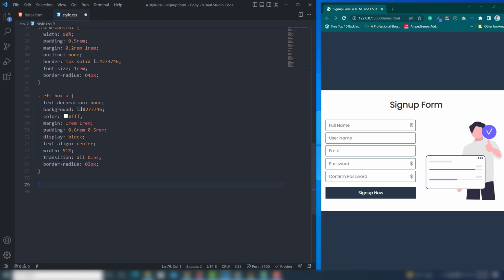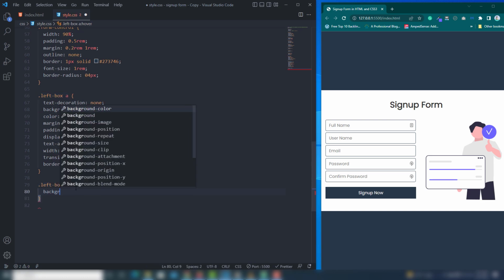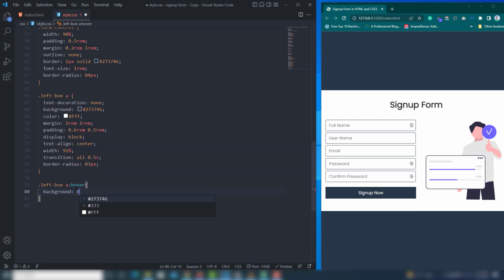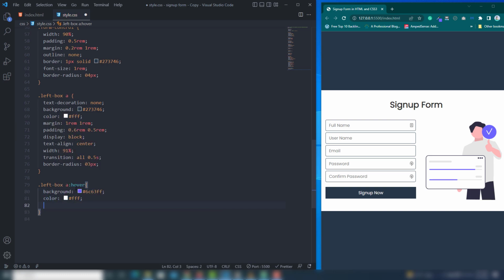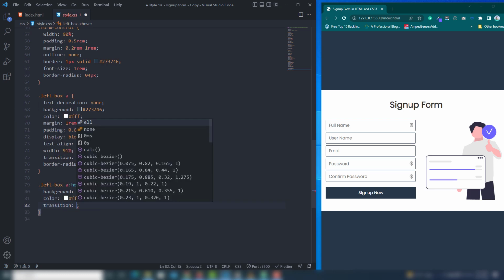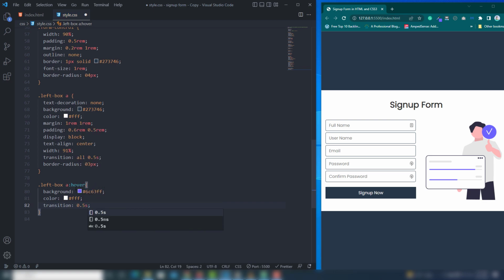Then I target the same section, but this time I'm gonna hover it, and I'm gonna change the color. Background color will be 6C63FF, right? And I'm gonna use color will be white. Transition, I'm gonna add that will be 0.5s. So as you can see,